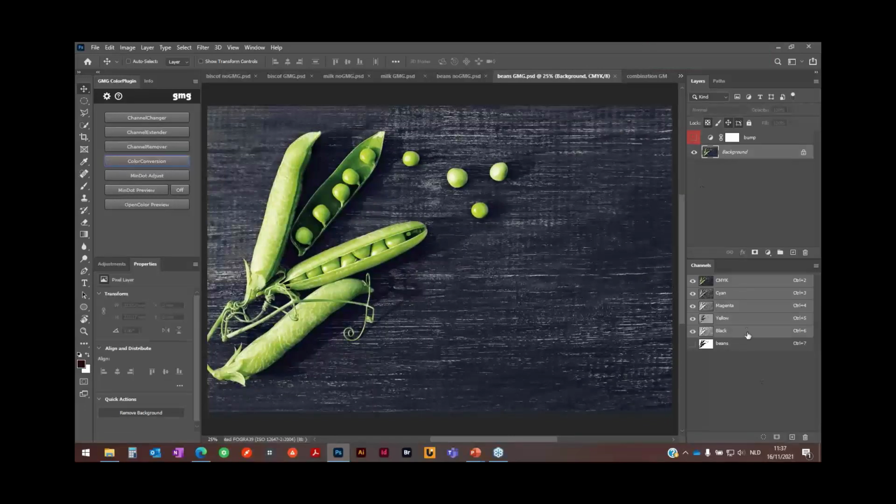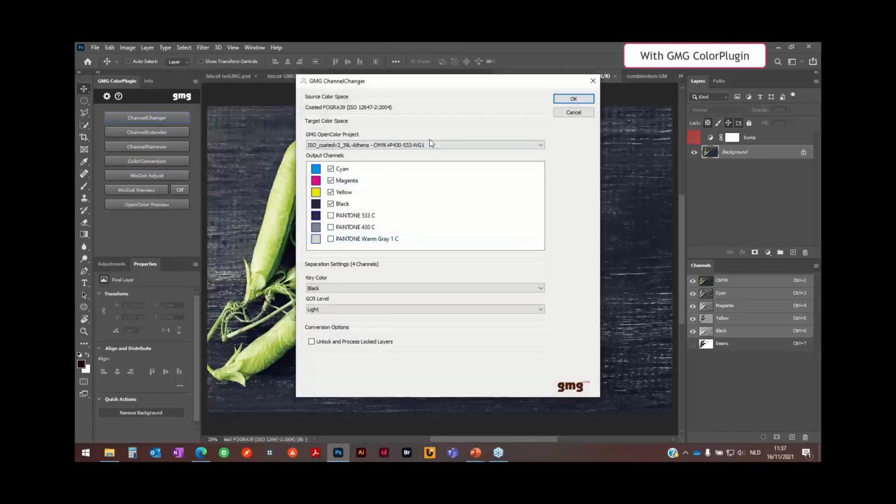If I do this by using the plugin, I can go to my Channel Changer. Then I have here my profile, which is just a CMYK profile with these colors added. This is the hardest part, just finding out which colors might work in this case.